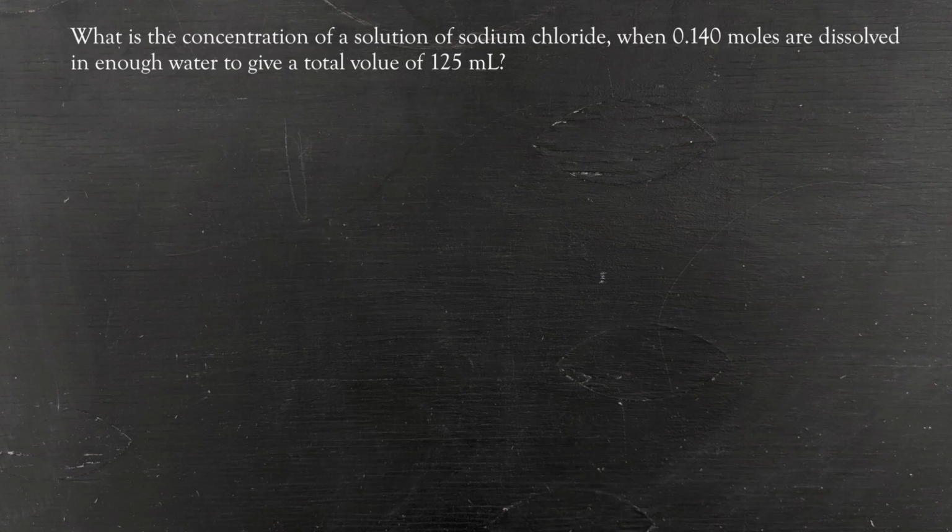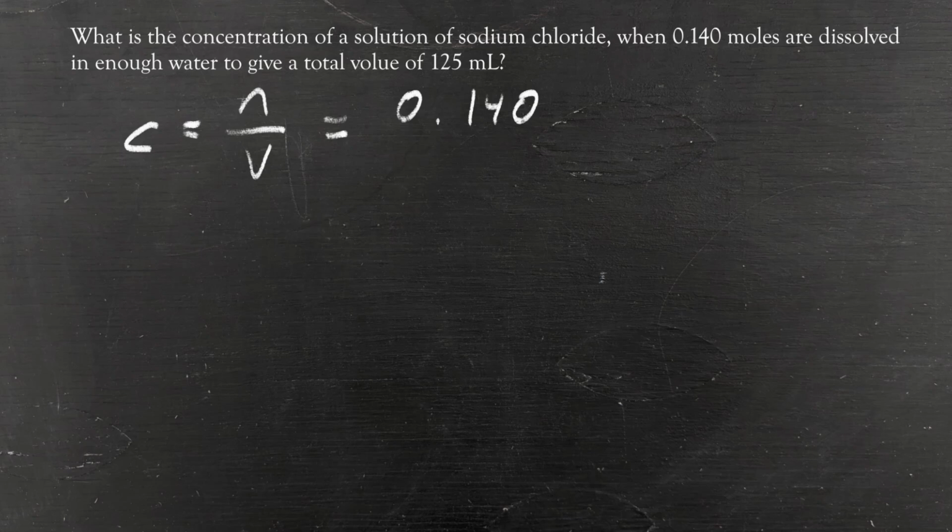So let's get started. For our first question, we are asked what is the concentration of a solution of sodium chloride when 0.140 moles are dissolved in enough water to give a total volume of 125 milliliters. Concentration in chemistry is represented in moles per liter. So in order to calculate the concentration, we need to take the number of moles and divide it by the volume in liters. So in this case, we've been told that the number of moles is 0.140, but we've been